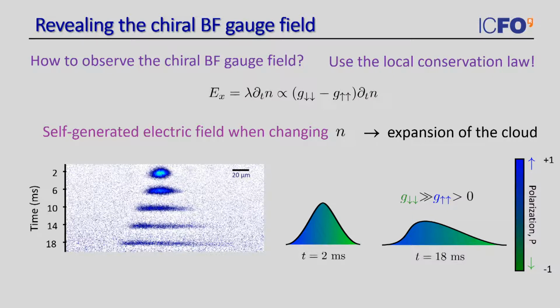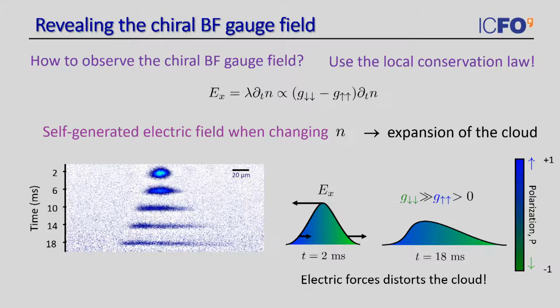We put all the atoms in a dressed state of spin up and spin down, and now when we let them expand, the green atoms will move to one side and the blue to the other side, but they have different interaction strengths, and that's going to skew the density distribution because these green atoms have more energy to release during the expansion. But if we just think in terms of the dressed particles, we can think of what is happening in terms of electric fields.